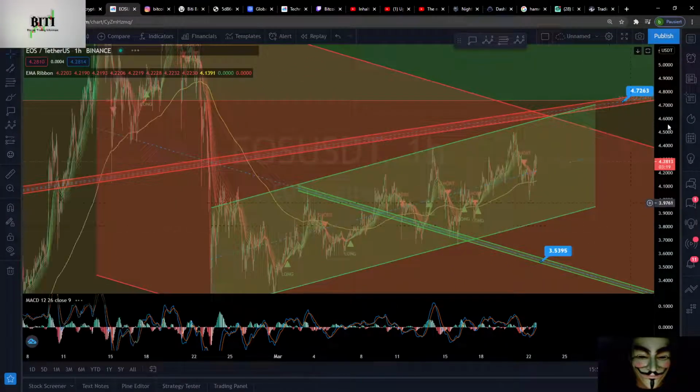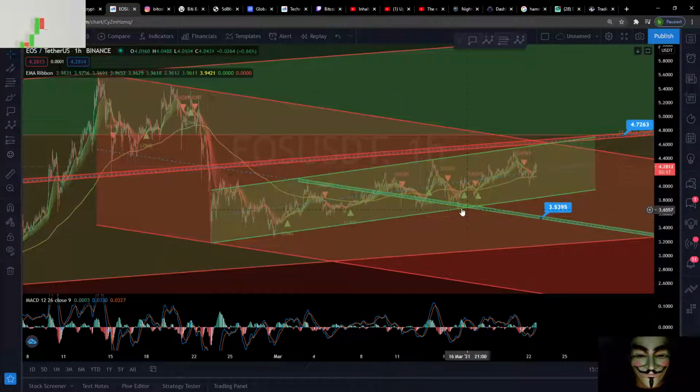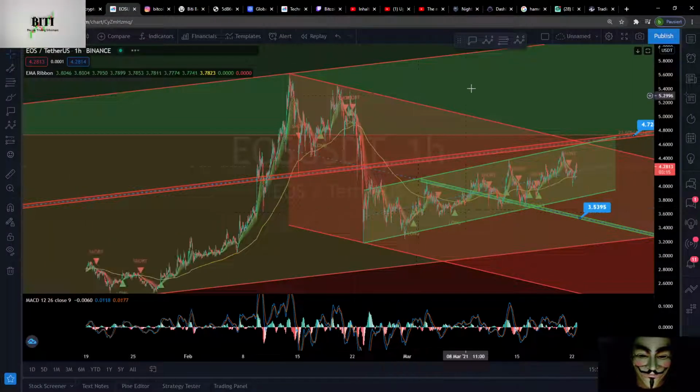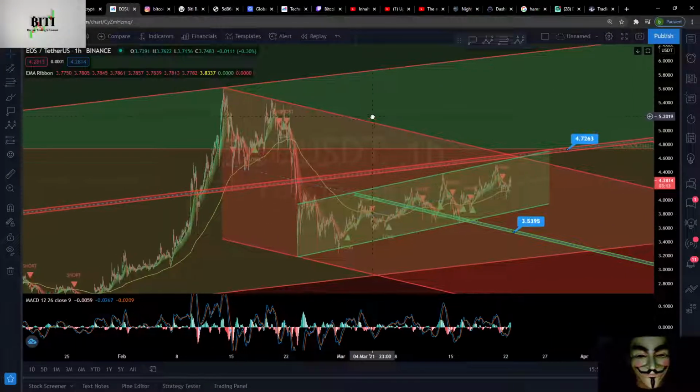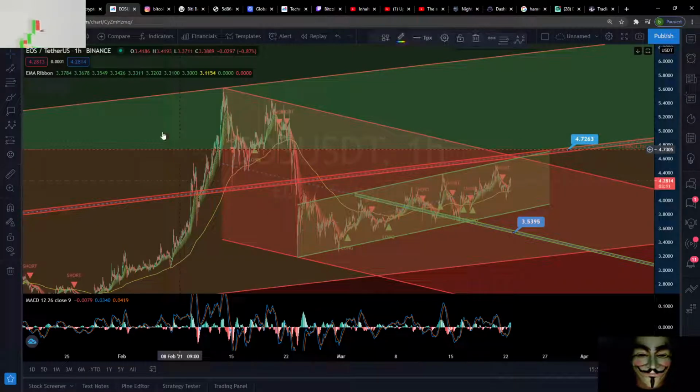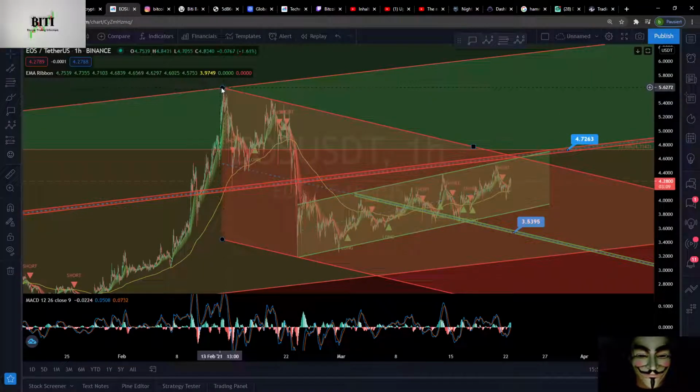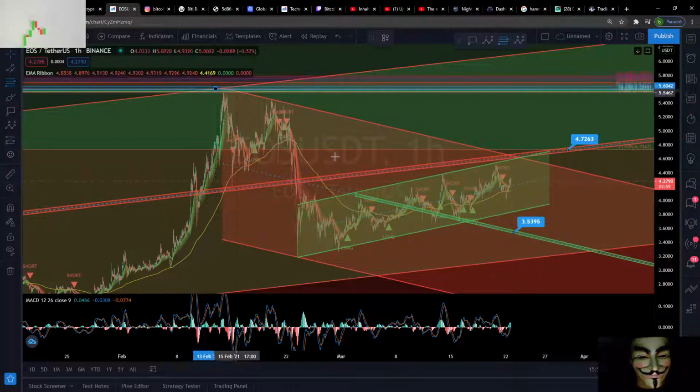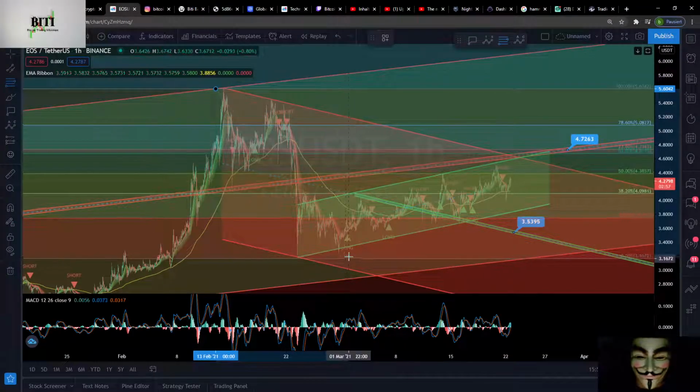So let's zoom out. What's going on more? What can we see here more? On the 1 hour time frame, we can also try one thing. We can also make a Fibonacci retracement. Why? Here was the highest point. We have a lowest point, a retracement, and now it's going up again. So also in the 1 hour chart, we can make from the highest point to the lowest point a Fibonacci